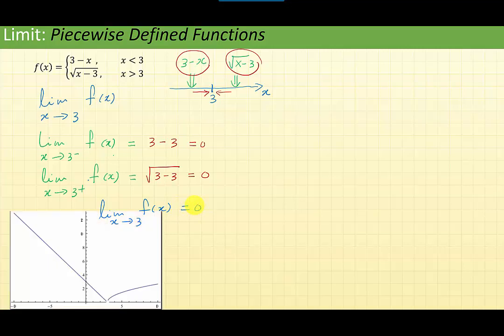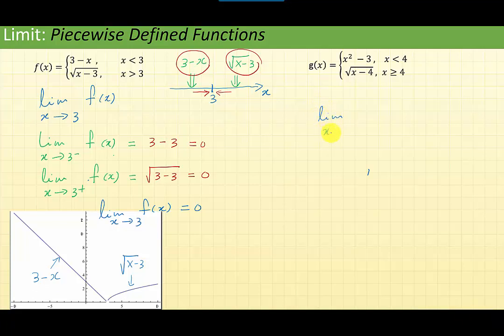Now, if you look at the graph of f of x, here is the graph of f of x. When x is less than 3, the graph is a straight line, which is f of x equal to 3 minus x, a straight line with slope of negative 1 and y-intercept of 3. And when x is above 3, the graph is the square root of x minus 3. Clearly, as x approaches 3, the graph approaches 0. Now let's find the limit